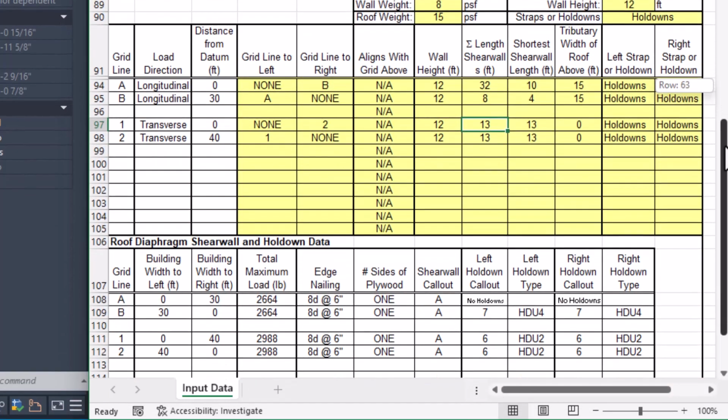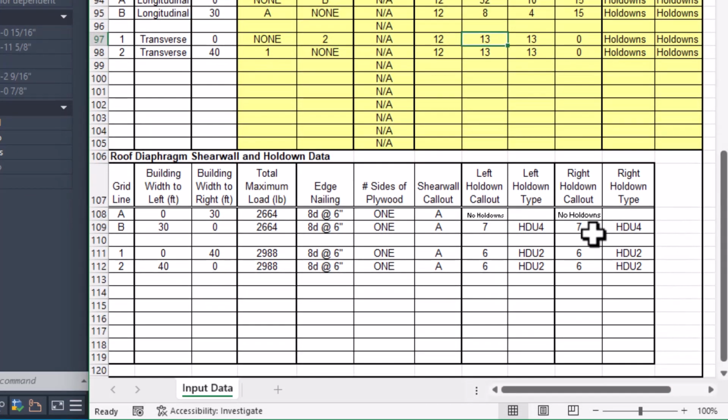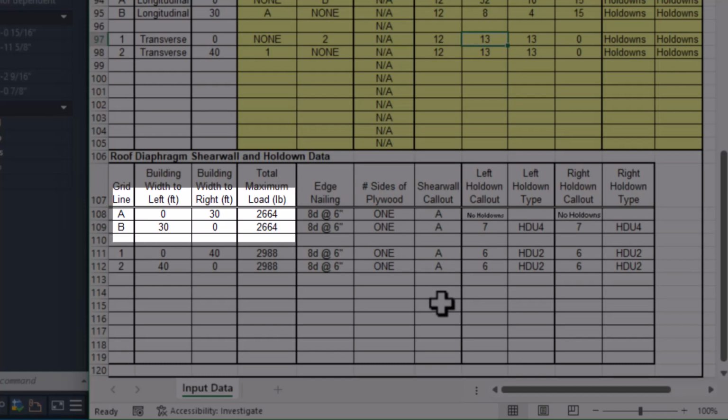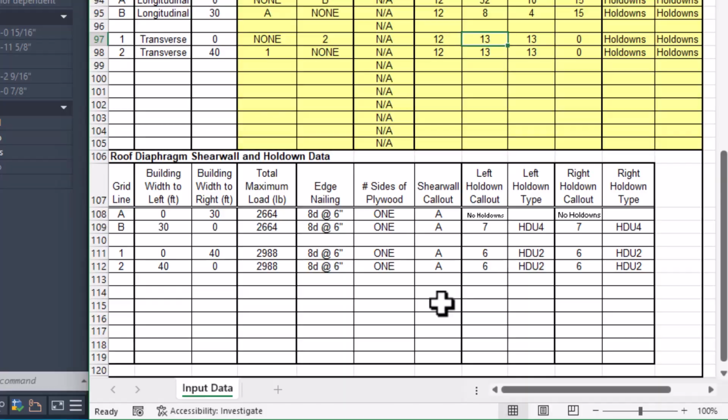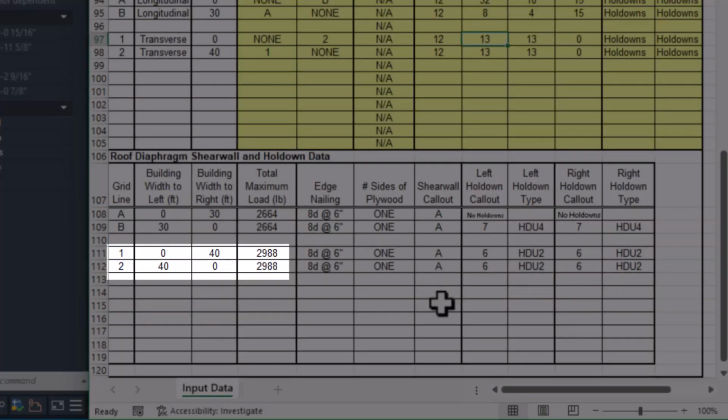Let's scroll down to our solution table and we can see that the total maximum load in the longitudinal direction for grid lines A and B is 2,664 pounds, and the total maximum load for grid lines 1 and 2 are